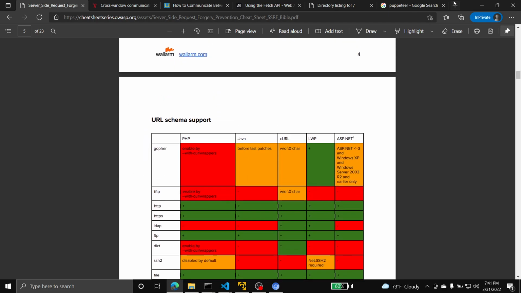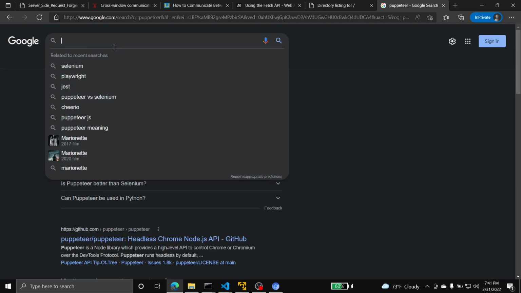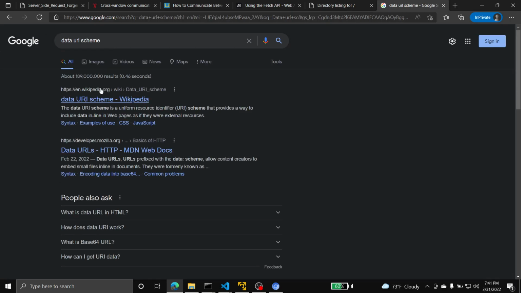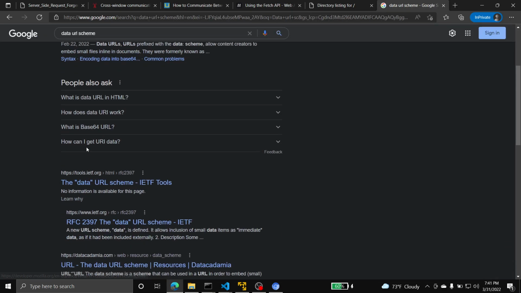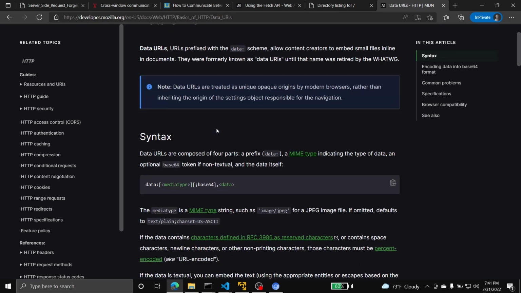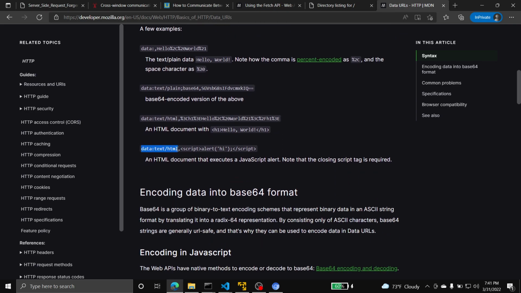But one of the most important URL schemas which we'll be using is the data URL schema. Where was it? Yeah, I think this is it. Right. And the data URL schema. So what we can do with this, as data:text/html, is provide the HTML to the server. For example,